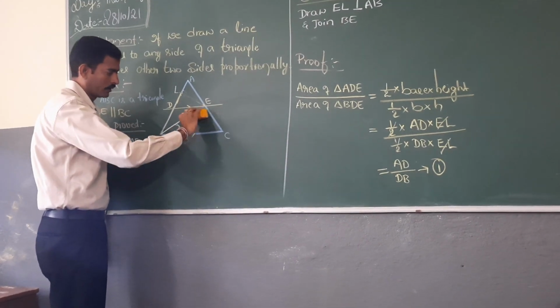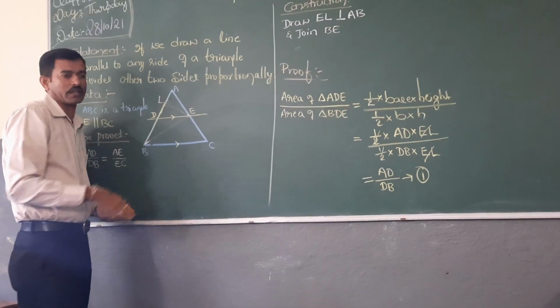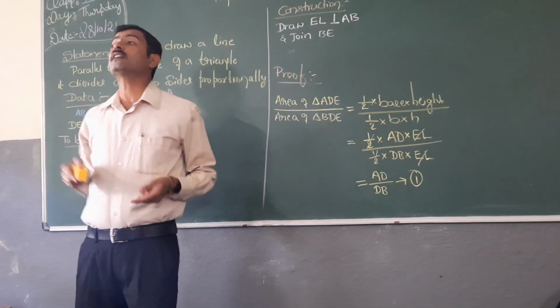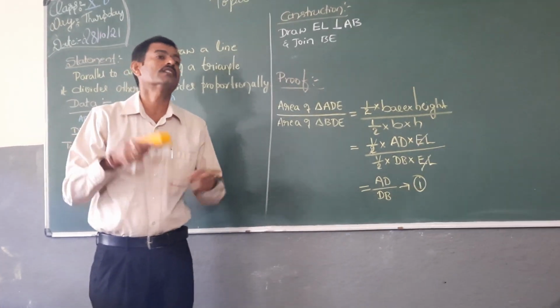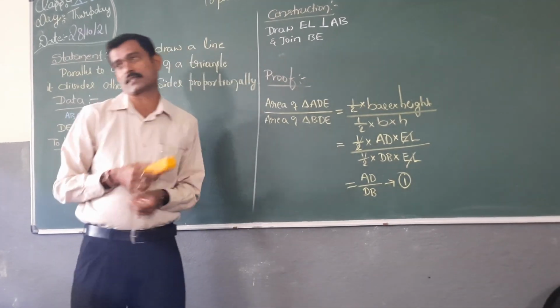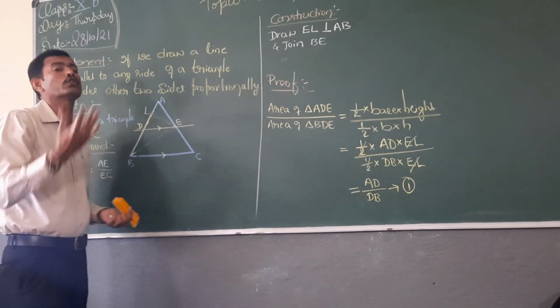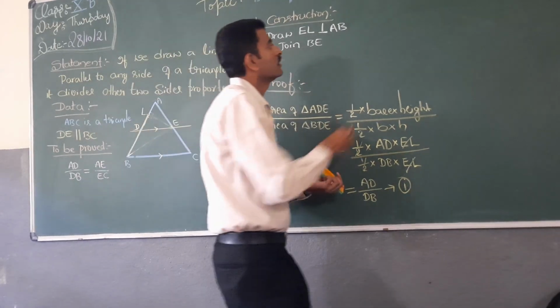Okay, again. Yes, sir. To say these two are equal, I must compare with another one. Then only I can say the left hand side and right hand side are equal. Things equal to the same thing are equal to each other. So what I will do, I will take another two triangles. What triangle? Same ADE. Listen.